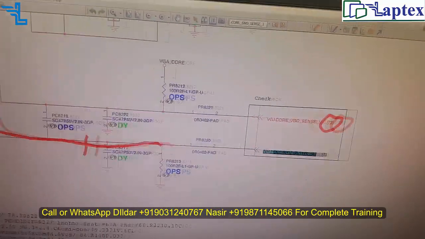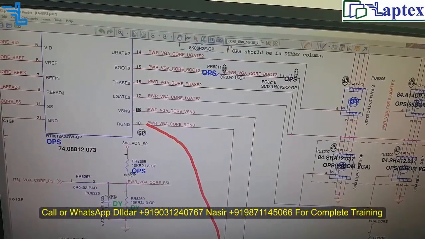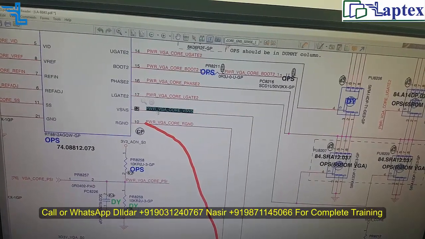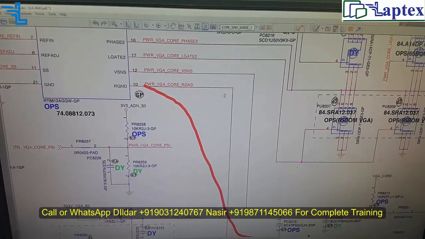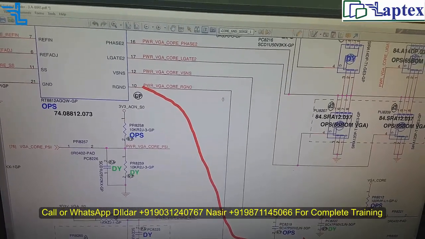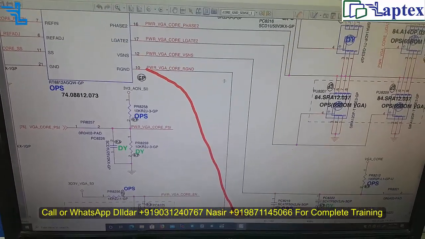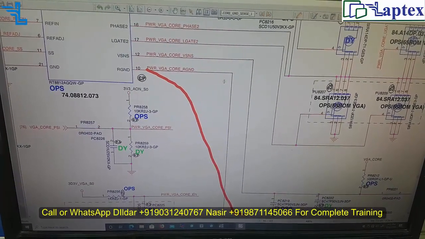And one more thing, you also have to check the positive, the pin number 12. I have checked that this was okay, perfectly fine. Even I can check it for you now. So it was okay, but ground you cannot find on that point. So let me check whether any voltage is coming. Ground you can only see through the multimeter.